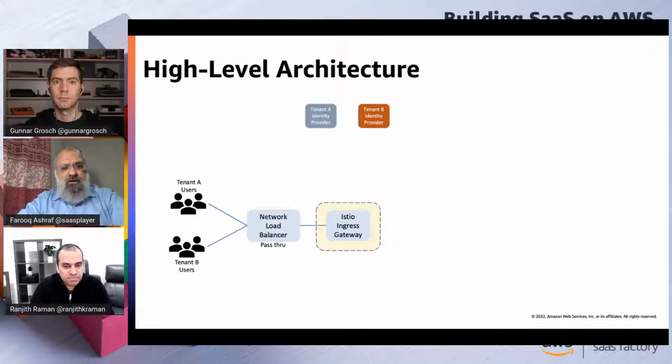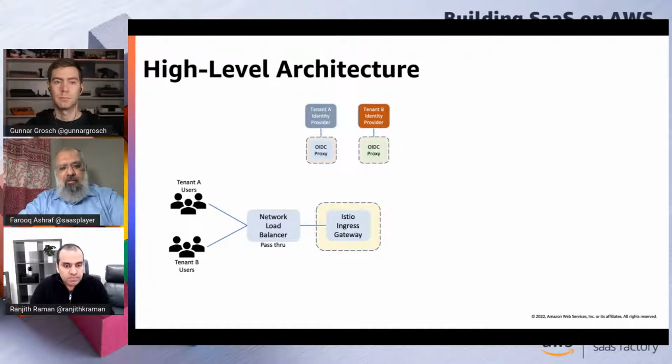So we have two identity providers, one for each tenant. They could be any identity provider per se. They could be a Cognito user pool, social logins, ADFS, any of those identity provider types. What we use to access those is an OIDC proxy. The specific tool that we use for our use case is OAuth2 Proxy, but it could be any OIDC proxy that can connect to these identity providers.